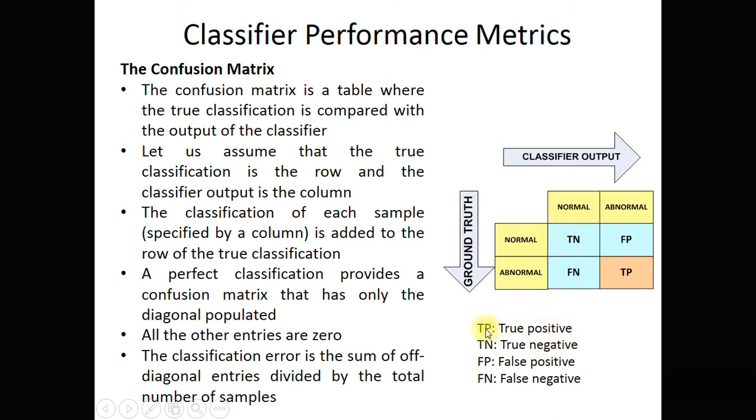So understand these concepts very firmly, because this forms the basis of your entire classification performance. I will repeat this again if you want: whenever the classifier gives me the correct output of, let us say, 200 patterns here, it becomes a true positive. This is from the perspective of the abnormal beats. That is the reason why it is highlighted with a different color.